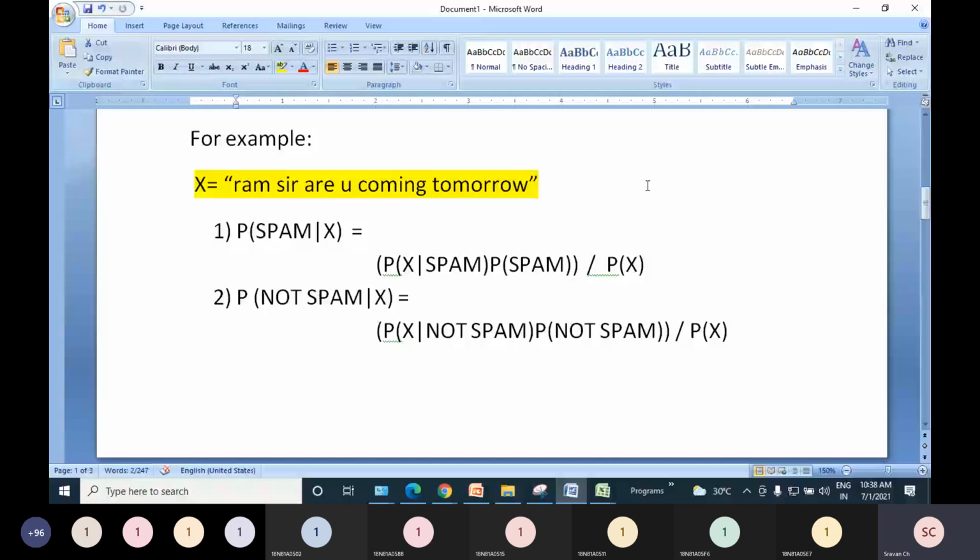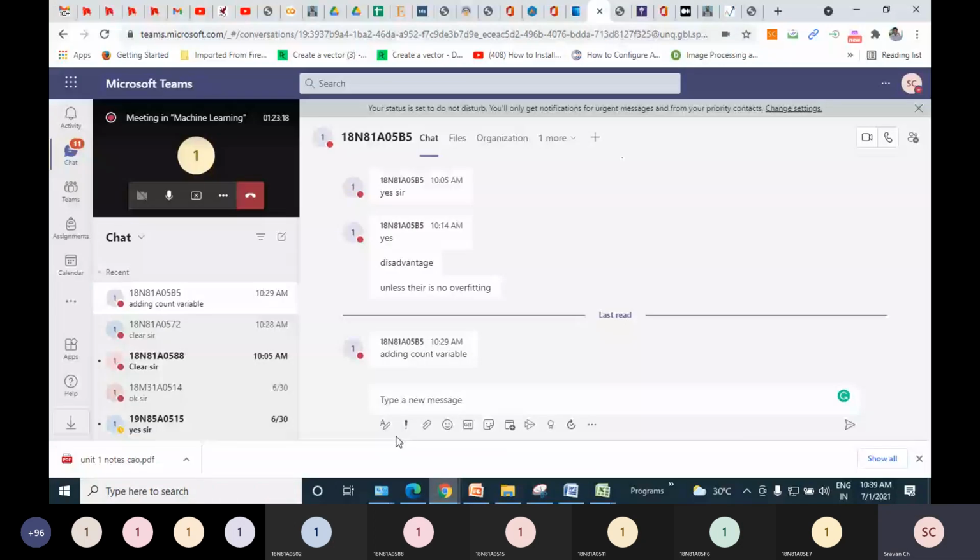So I hope now this entire concept of text classification, finally reaching a conclusion whether a given message is a spam message or not a spam message, is clear to everyone. This is what I am assuming, so you have to confirm that. Whether this text classification concept is clear or not, please let me know in the chat box, my dear friends. And if you have any doubts also, please ask.